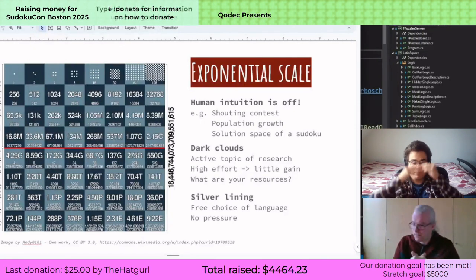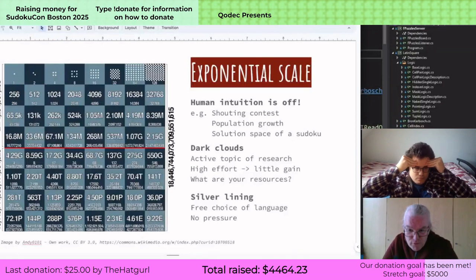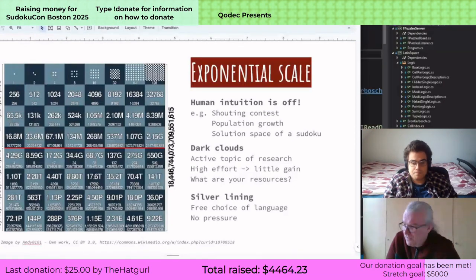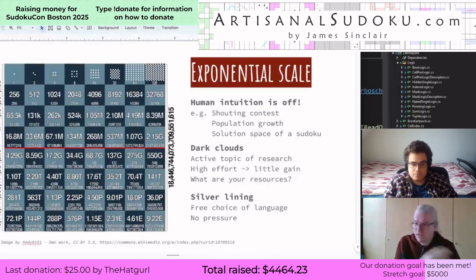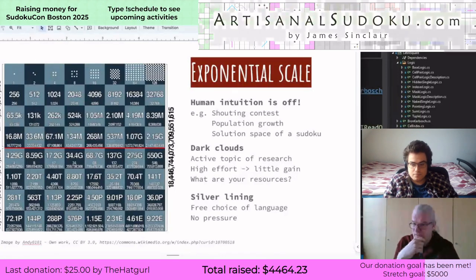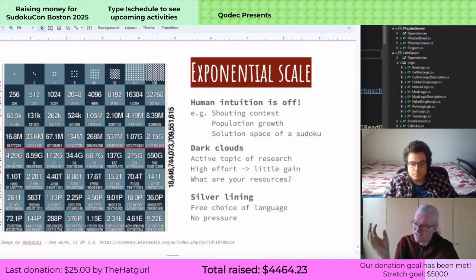Plus, it's an active topic of research. Thousands of researchers have thought of all kinds of ways to make things faster that are on this scale. If you make a Sudoku solver because you want to make it faster than what's already out there, then you'll be very frustrated. But if you know all this and you understand how these things work,